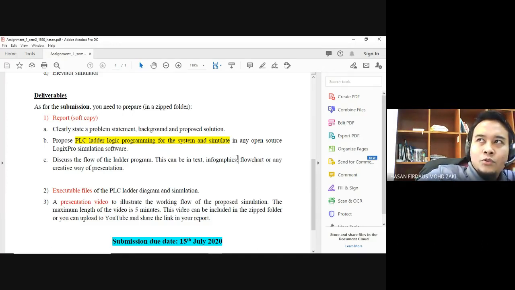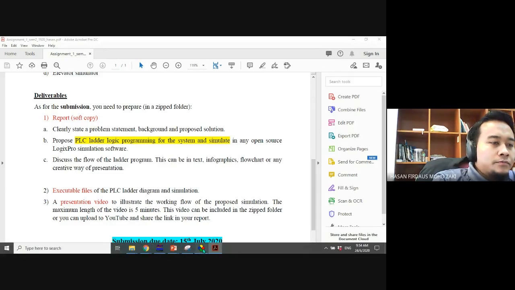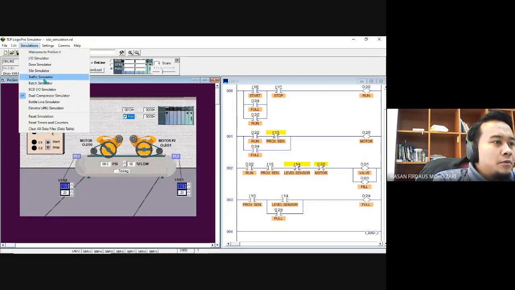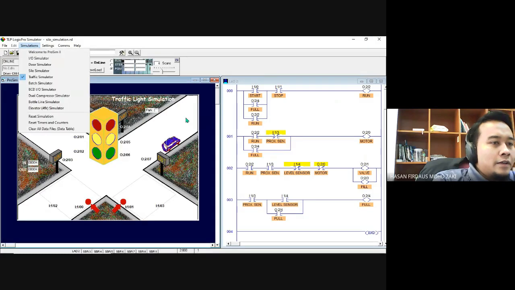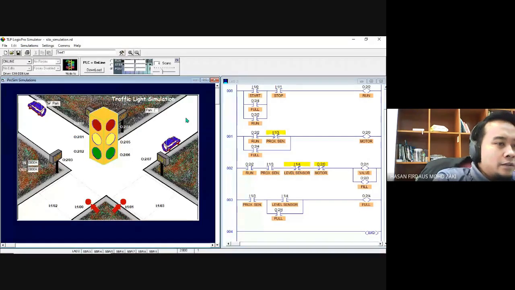So you want to design a traffic light that is more efficient. For example, you say that the problem of this traffic light is that this one is silo. Traffic light. So the problem of this traffic light is that